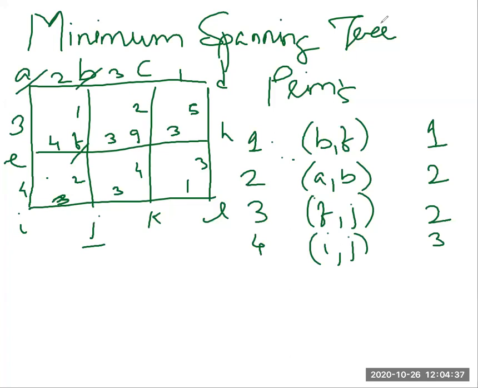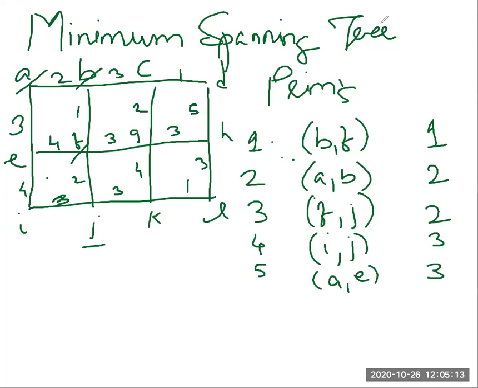Now consider the edges incident on I also. So the new edge that will be added will be EI. So EI has weight 4, EF is weight 4, so they cannot be considered. Now you can consider the edges JK, FG, BC, and AE. So any one edge can be considered because they all have weight 3. So I'll consider the edge, let us say AE, and the cost is 3.